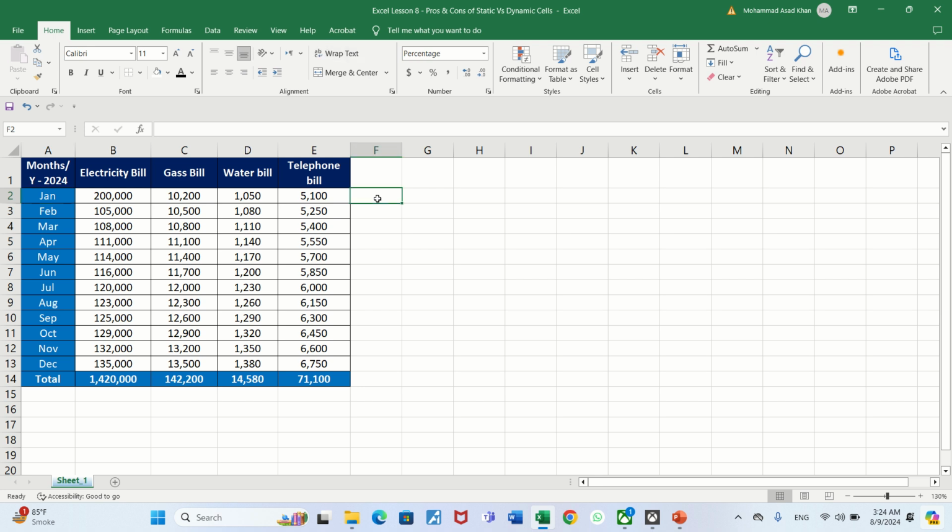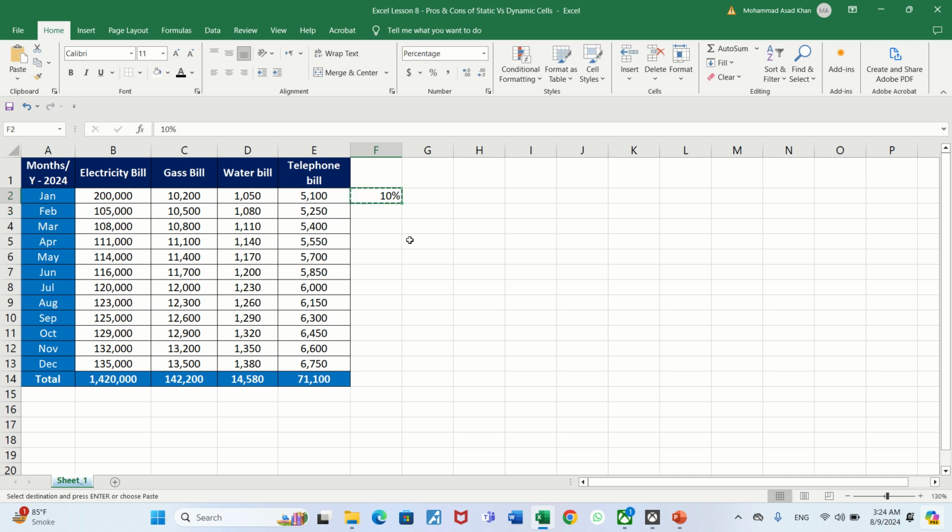So, keeping the factor of inflation in mind, I suppose that there would be 10% inflation for the next year. So what I need to do is write 10% in the cell